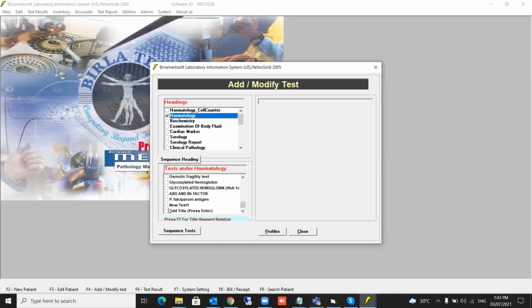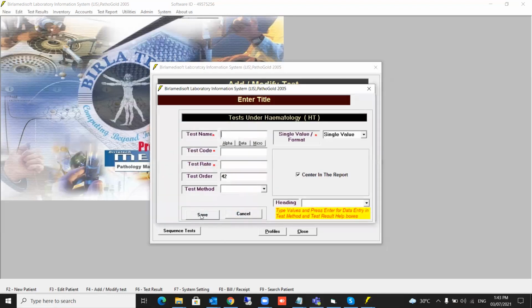Now I will define another test called format. So a new test has come up. I will say another test, new test 2. I'll say any 2 because I have to have the 3 characters. Also I'll say something different. The test is 200 and it has come on 42 number. Now this test is called format. Under format nothing will come now because it is a format. You are going further down, and there you are adding some values into that. So that is called format. We'll see how the format comes.